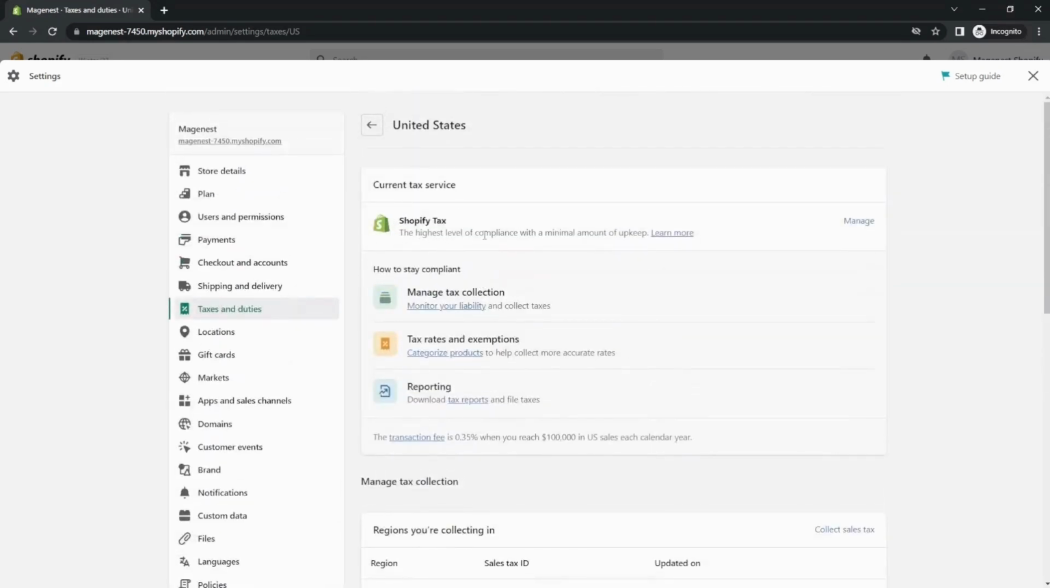Now go up and you see Shopify tax. Here you can choose to activate the level of how your store calculates and collects